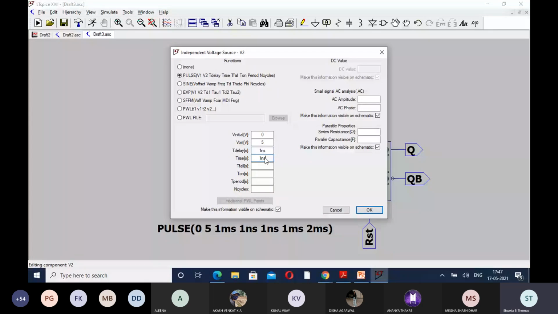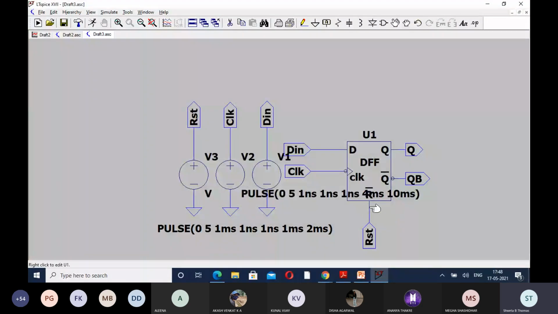Last, you take the snapshot so that when you are going for simulation, you can refer to this. Also, recording will be there, but still you take a snapshot. This total period I'm taking a little more.